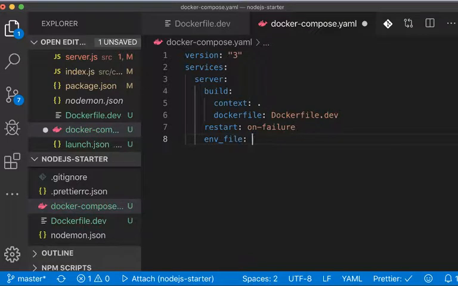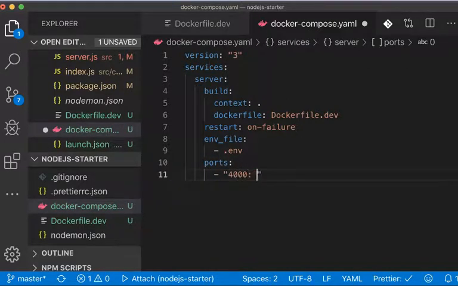We want to have an env_file that is running on the .env, so that we can pass in any environment variables over there. And then for the ports, we want to map from 4000 to 4000,